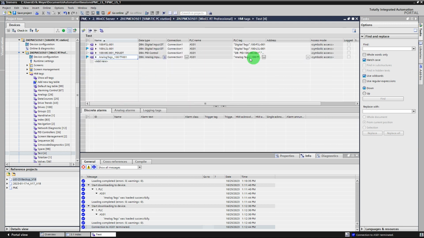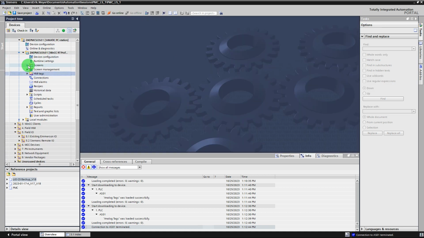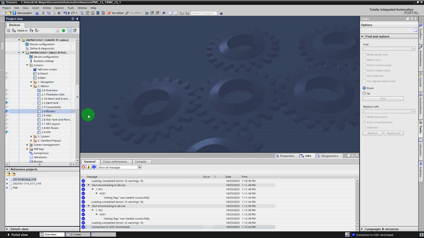So you can see here that it is actually connected to the PLC AS01. It's a symbolic address. It's just that DB prefix that is there that we can remove, and now it's living in our space. So we created this as a blower temperature. So let's go to the blower page,